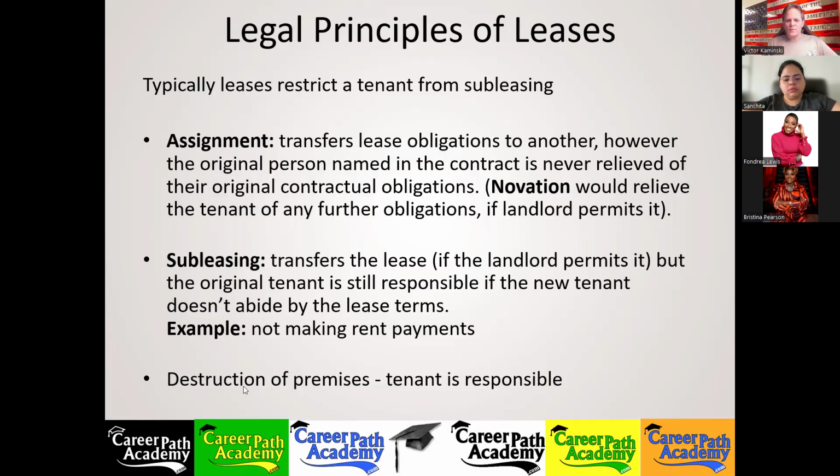All right. And remember, with destruction of the premises, any damages done by the tenant are the tenant's responsibility. Repairs are one thing. The lease should state who's responsible for making any repairs. But damages, that's on the tenant. Did you like those pictures I showed you of the tenants doing damages before or leaving their garbage behind? It could be worse. I've seen worse.